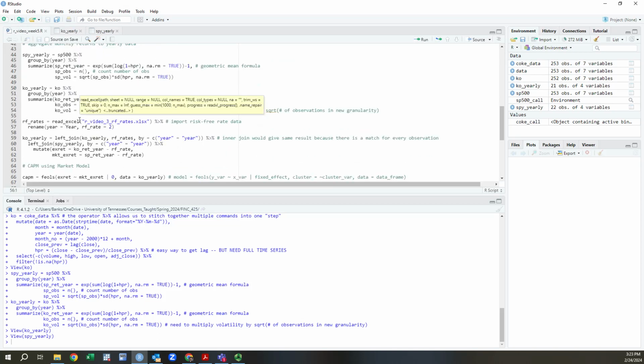Well, next, because I know in the CAPM model I need to have excess returns, I need to incorporate the risk-free rates. But just like in previous videos, starting with video 3,